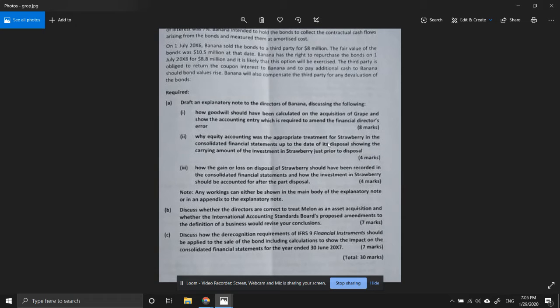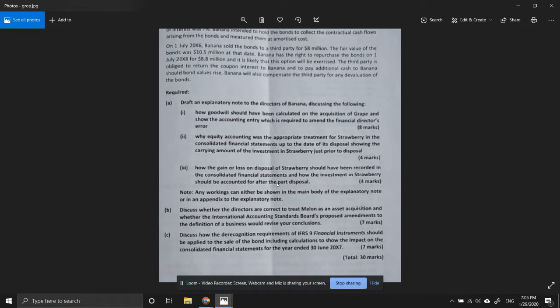Why equity accounting was appropriate treatment. Okay, so we need to talk about equity accounting as well. And then gain or loss on disposal of subsidiary Strawberry should also be recorded in financial statement. How the investment in Strawberry should be accounted for after the part disposal. Okay, so after part disposal, of course IFRS 9, but we will still need to show some profit, gain or